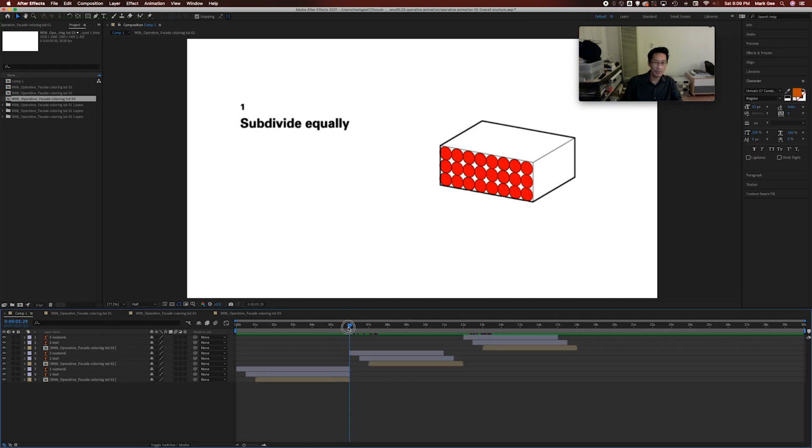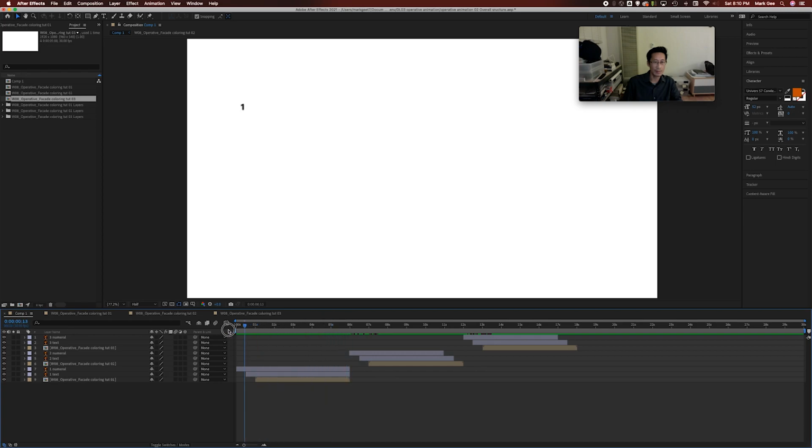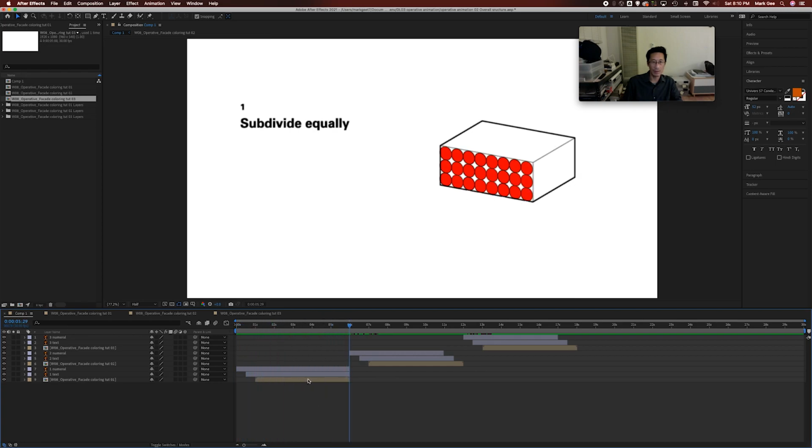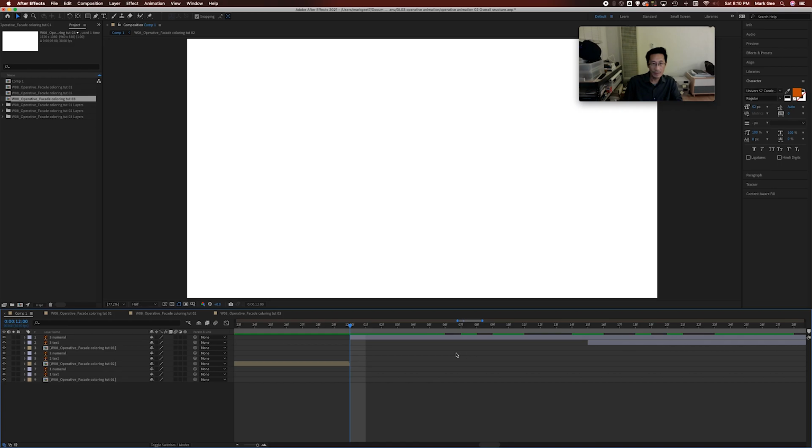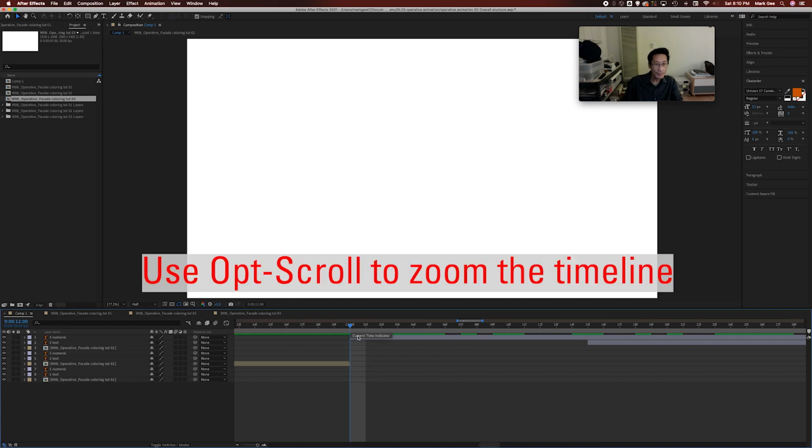So let's clean things up a little bit. What I've done here already is I've aligned the end of the text and diagram to the same point in time so that they end at the same time before the next step takes over. We'll do that with the others too. So hold down Shift and snap to that right there. And